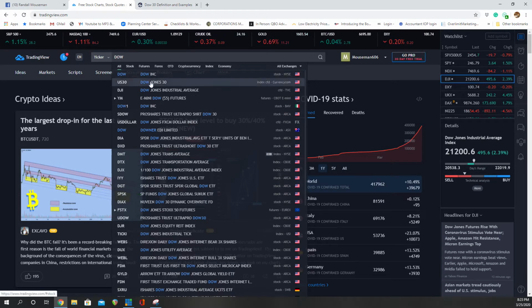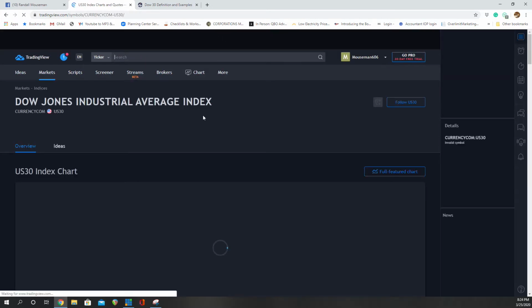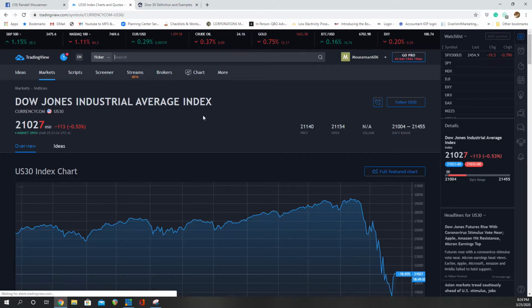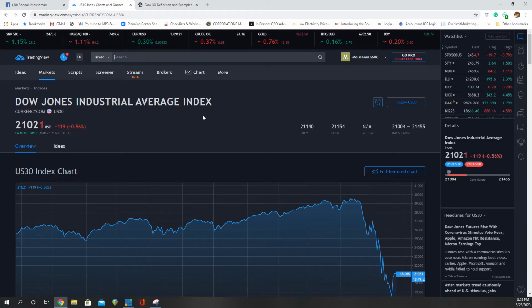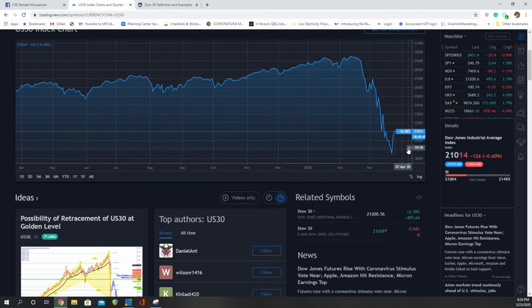And it should give us a list of anything that starts with the word Dow. So there's the E-mini Dow futures, which actually trades overnight even. US 30, I believe, is an ETF of the Dow. All right, so when you first go into tradingview.com and you open a chart, that is actually good enough to